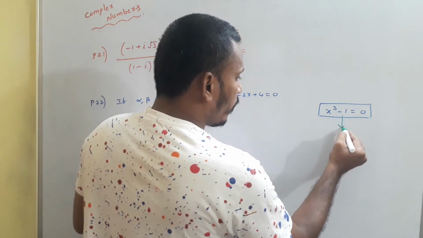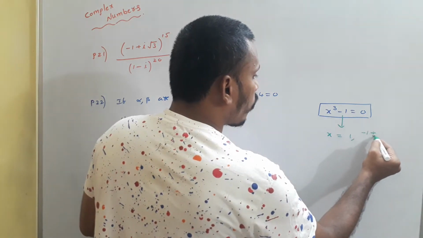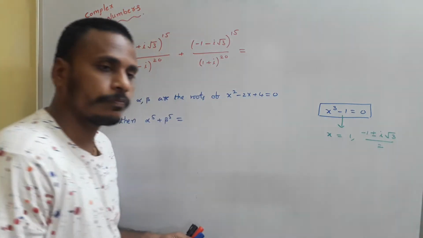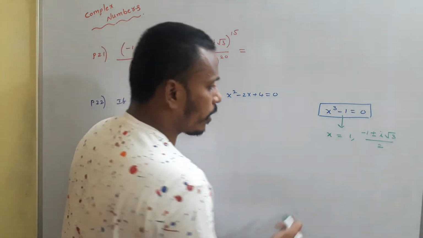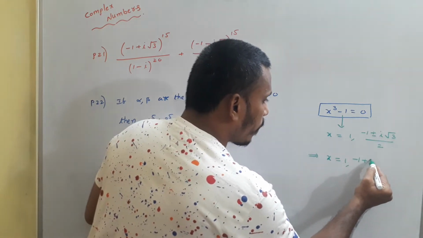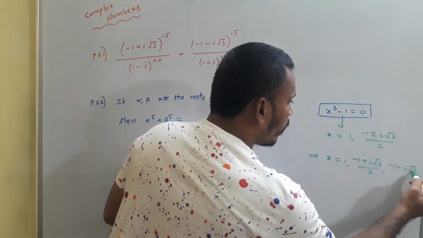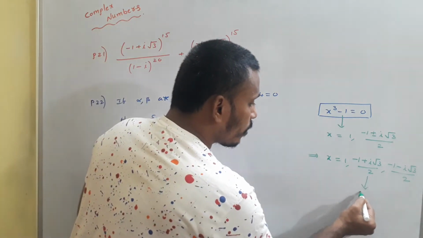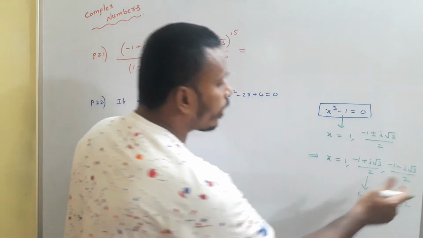One real root and two complex roots. The usual values of x are 1 and, from the quadratic, if you solve, you will get minus 1 plus or minus i root 3 by 2. So this equation has three roots, one real root and two complex roots. We represent those roots as 1, minus 1 plus i root 3 by 2 is one value, minus 1 minus i root 3 by 2 is the other value. Usually this minus 1 plus i root 3 by 2 is noted as omega and the other automatically becomes omega square.